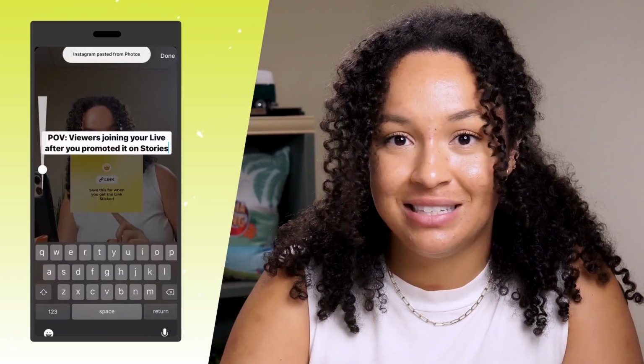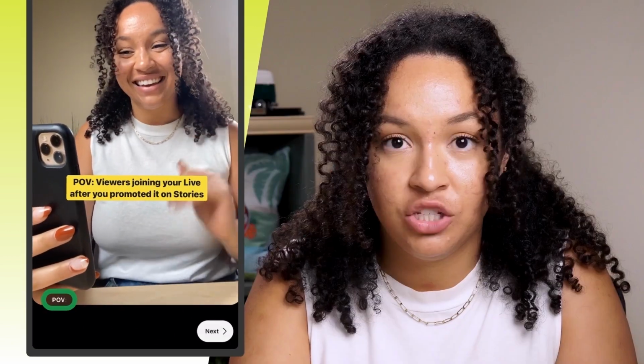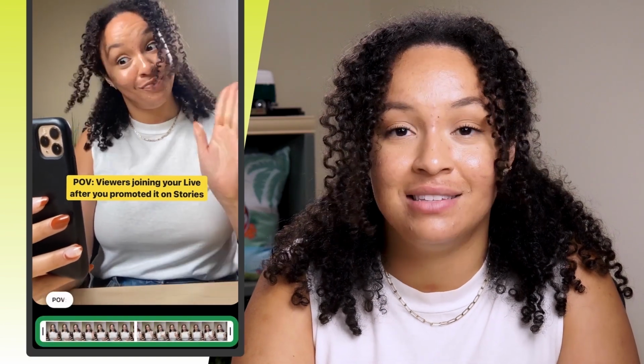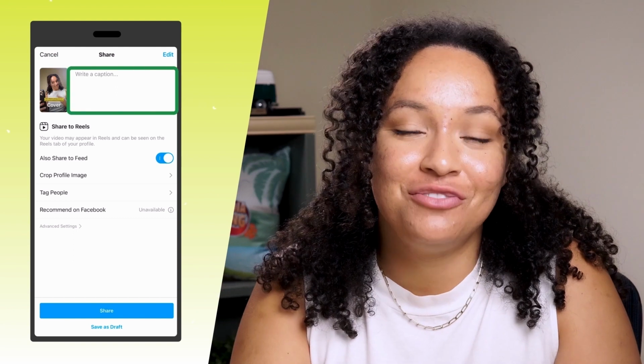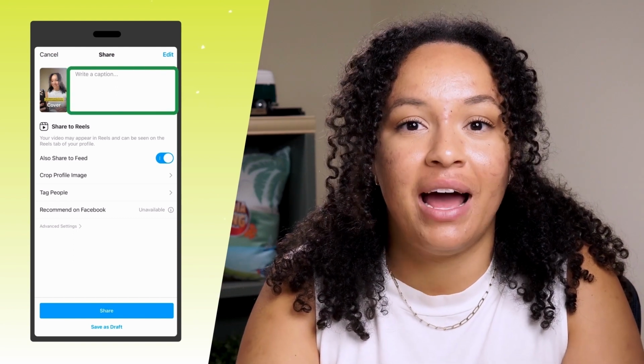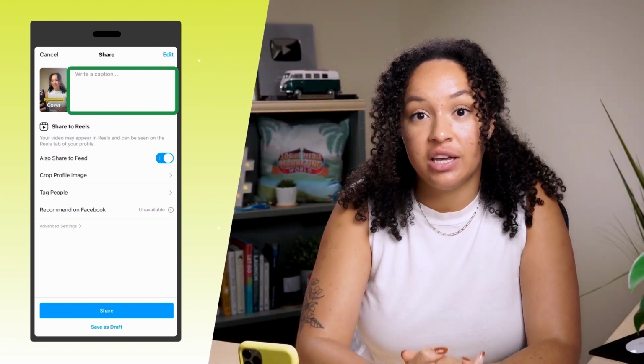A bonus tip is if color is a big part of your branding, I am making my text my specific color of yellow, but you wanna make sure it's consistent across all of your reels and even your Instagram stories. If you're adding different text and wanted to change the duration, you would do that by sliding the front ends of your text, but I'm not gonna do that. I'm ready to publish.